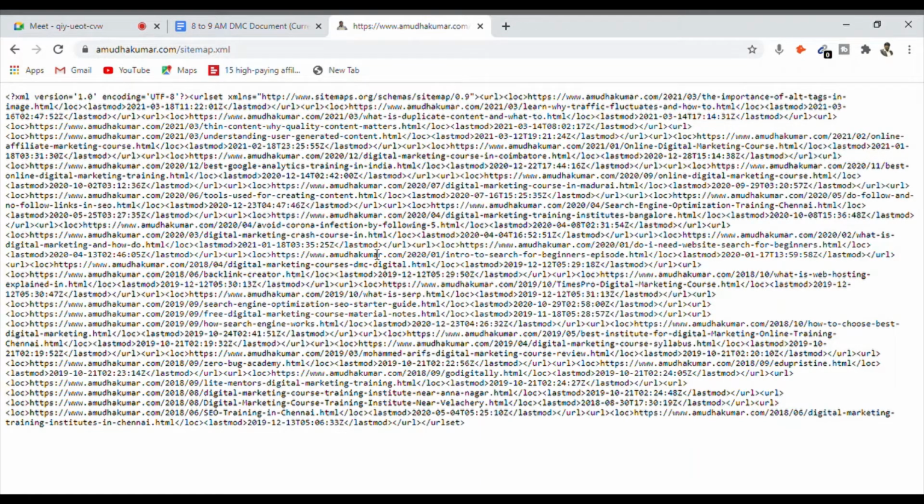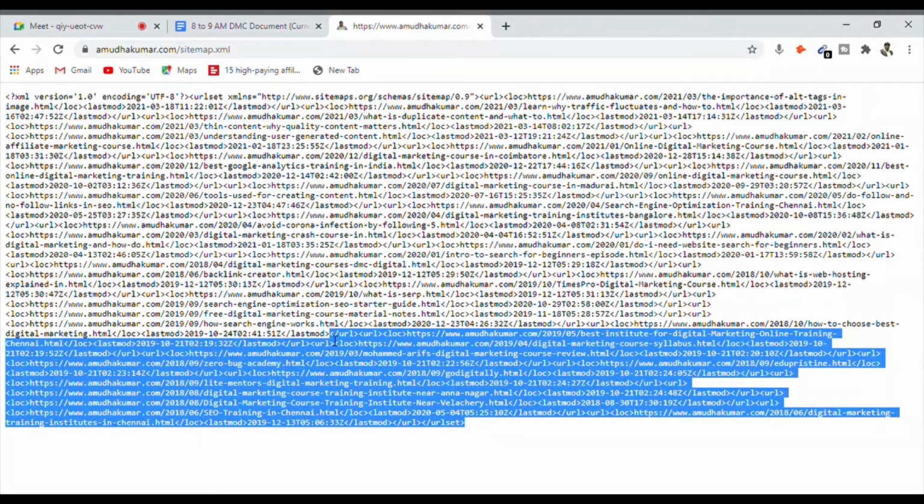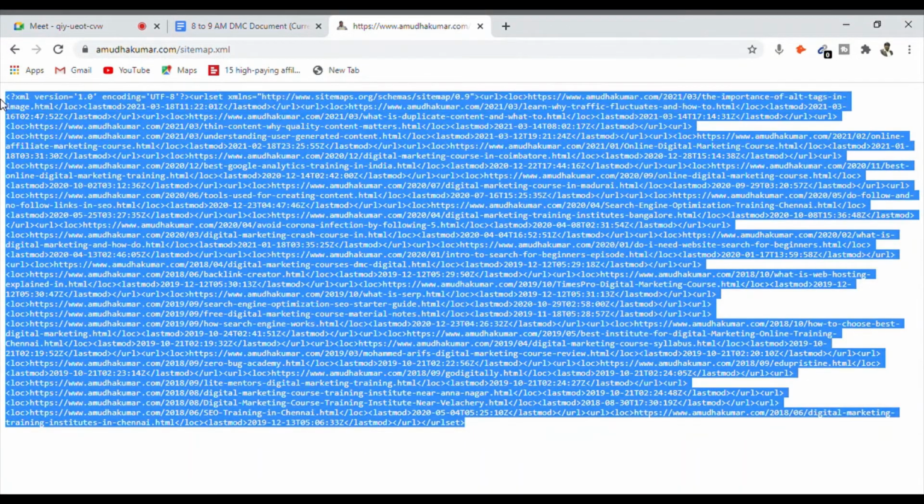Now, the sitemap file will have all the URL collection in a single place. So I'm going to the sitemap file, which contains all the URLs. Now I have to extract only the URL from the text, so I can use some online tools.